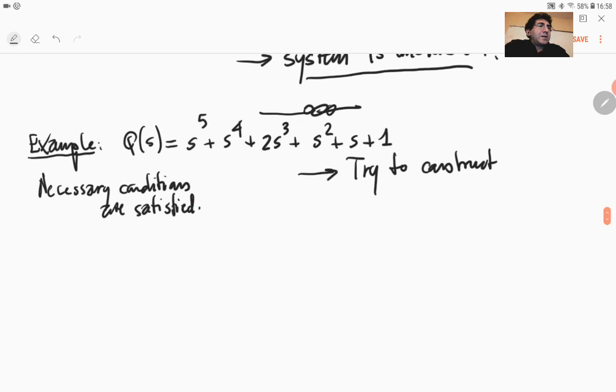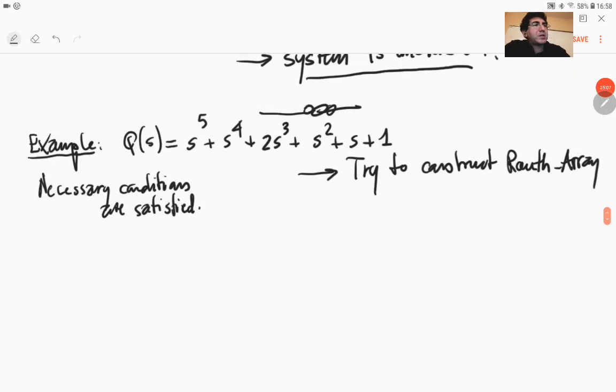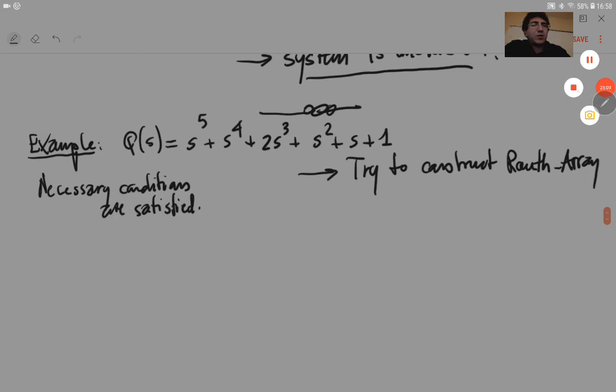So let us try to construct the Routh array and essentially talk about the stability and how many unstable poles there are for this characteristic equation. So we will continue in the next video trying to solve